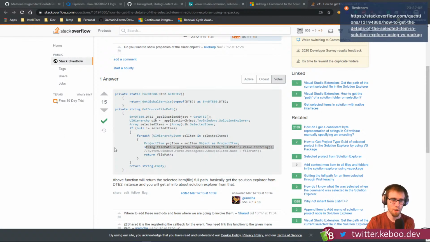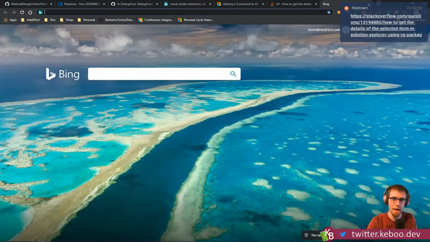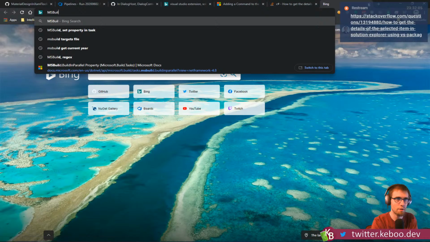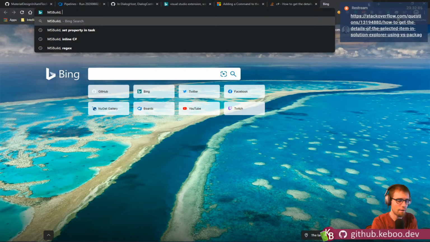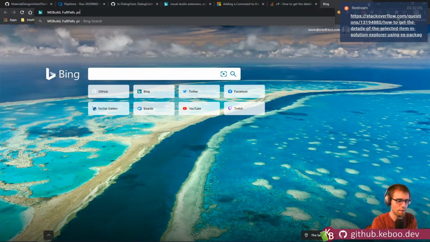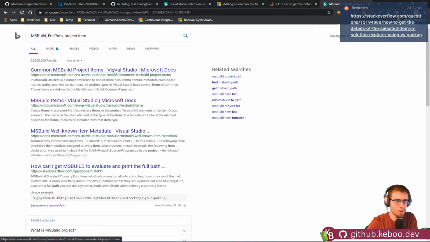And so this project item properties, if you look at MS Build full path project item, this will